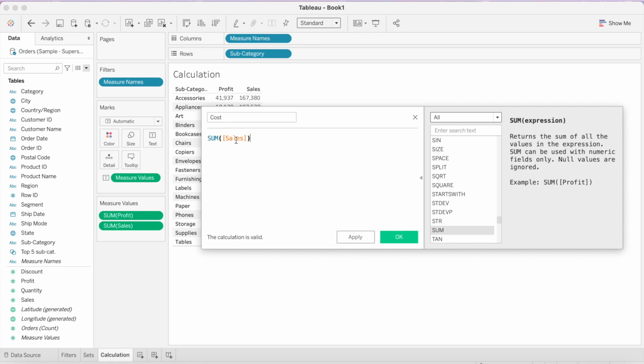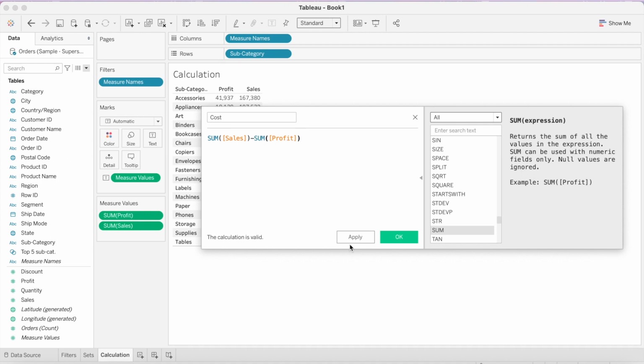In the same way we will type the remaining calculation, subtracting sum of profit from sum of sales. Now once you are done with your calculation, a comment would appear which shows that the calculation is valid.